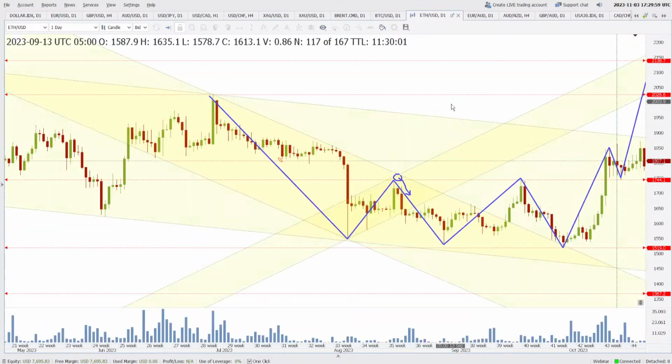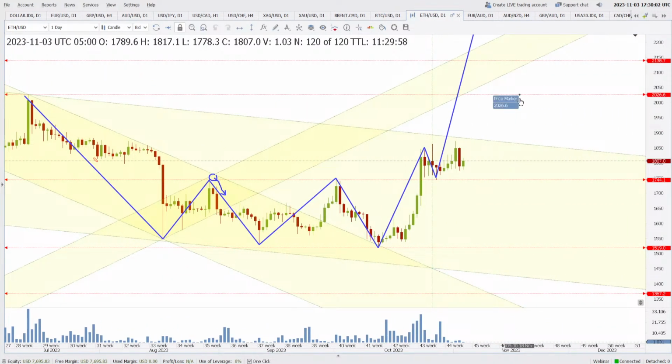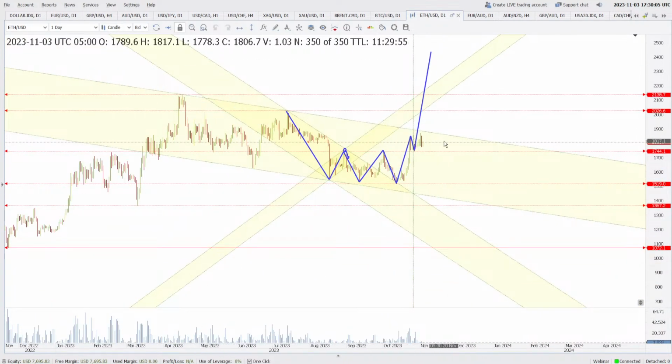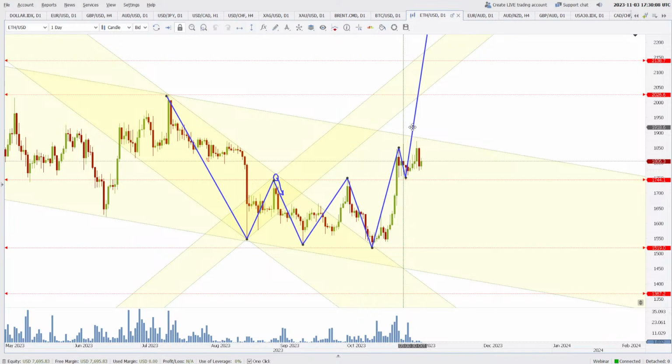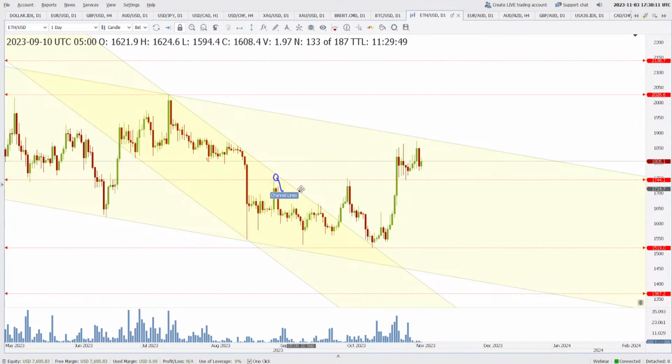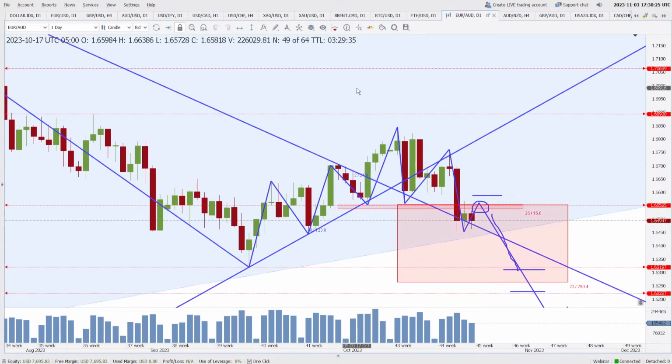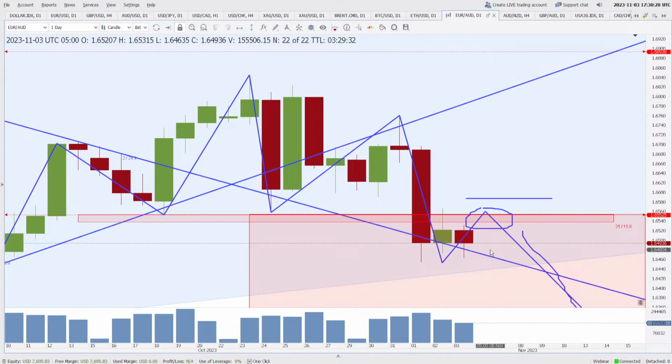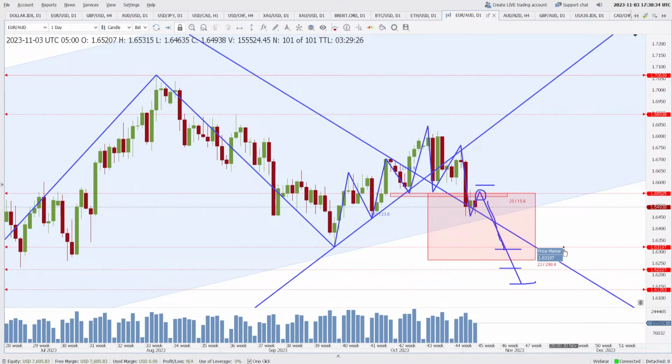Okay, support and resistance. So Ethereum also, I am thinking about 2026. This falling channel may be providing some resistance to the price if the price hits this area. Okay, let's keep our charts clean. So upside is possible, yes, like I said, but this may be acting as a resistance. 2026 is the resistance, 1744 is the support. That's all, nothing much. Euro versus Australian is consolidating a bit. 1.6552 is the resistance. The support is around 1.6319, but I'm expecting that to break and give us a target around 1.6259 area approximately.